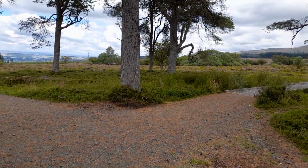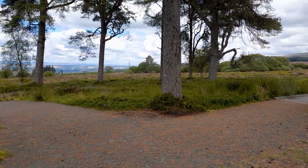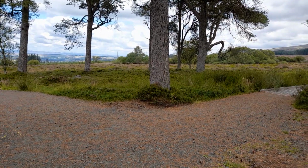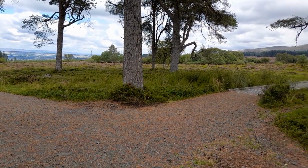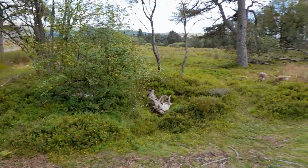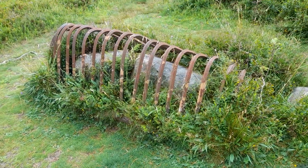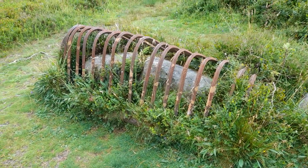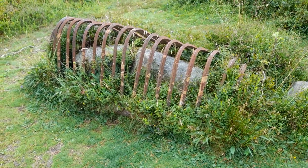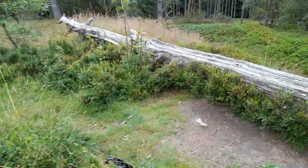Otherwise, minus all the signs and directions and markings for the different clans, it's very similar to Culloden in general appearance. Very boggy in places. Where the clans gathered at the gathering stone here, with the metal protection over it, the gating, and otherwise it's a fairly remote site,